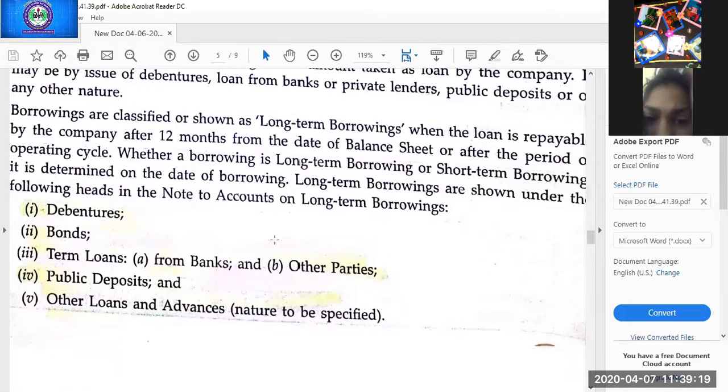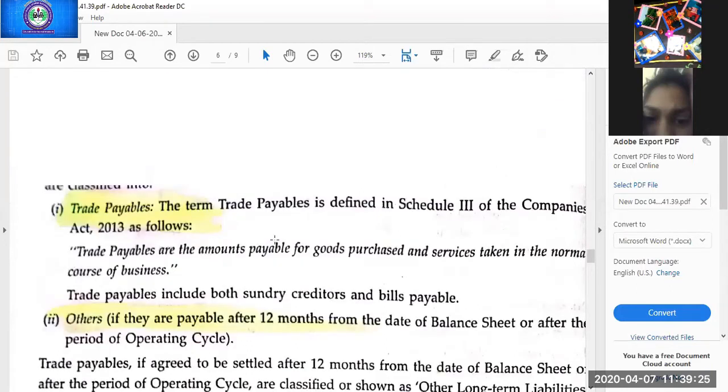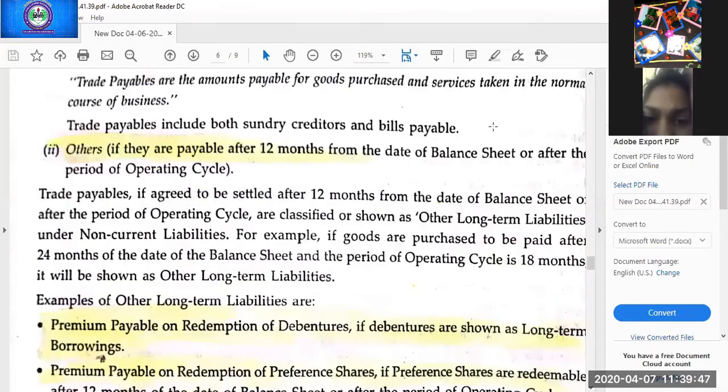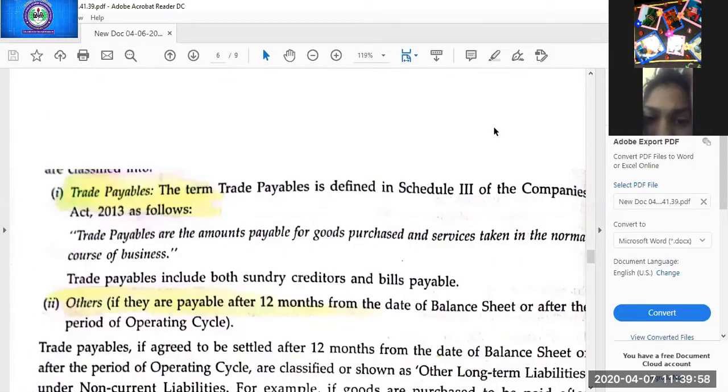Okay, students, now I am going to the next head, that is the deferred tax liability. I told you earlier that deferred tax liability will not be considered here, as it is the non-evaluative part of your question. Next, the third, C part, is the other non-current liabilities, the other long-term liabilities. It is skipped here, so you can write other non-current liabilities.